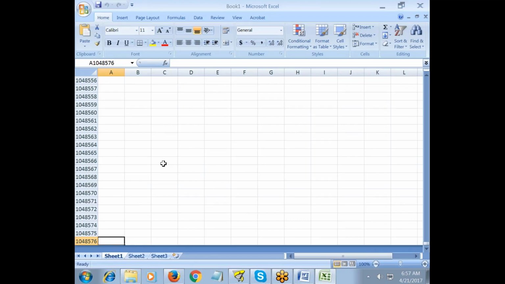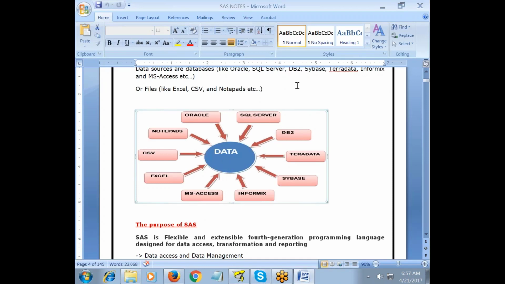But in a database, you can store an unlimited amount of data. Again, whenever I say unlimited, the size of your hard disk matters. Unlimited is limited by the system; my system has a capacity of 500 GB, so I can't store 1 terabyte of data there. Fine.